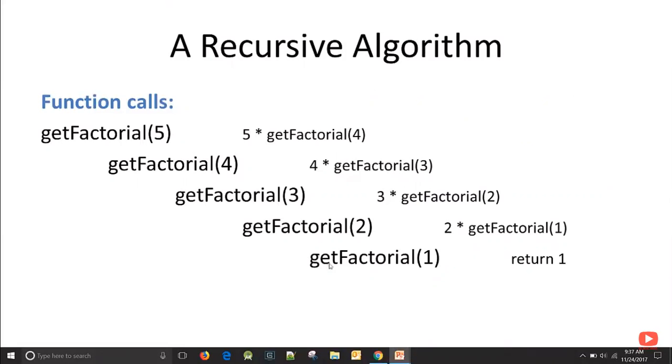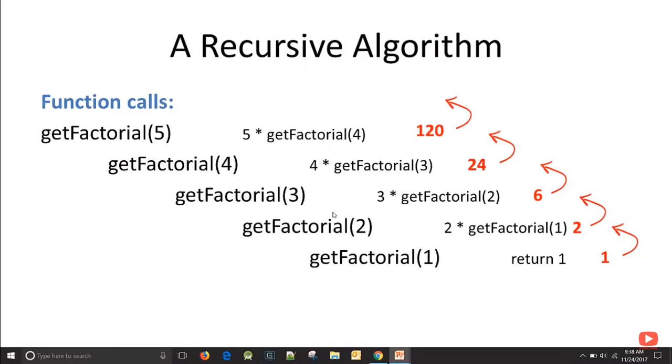And when we get down to the bottom, we say get factorial of 1. Well, we know what that is. That's 1. So we can return a 1 at this point. And then we work our way back up. We say get factorial of 1 is equal to 1. And then at this point, we can say 1 times 2 is equal to 2. So we pass that up. And then we say 3 times 2 is equal to 6. So we pass that 6 up. And we pass these up. And then when we get back up to 5 times factorial of 4, we get to 120, which is our final answer. And then we can return the 120 to wherever the original function call came from.